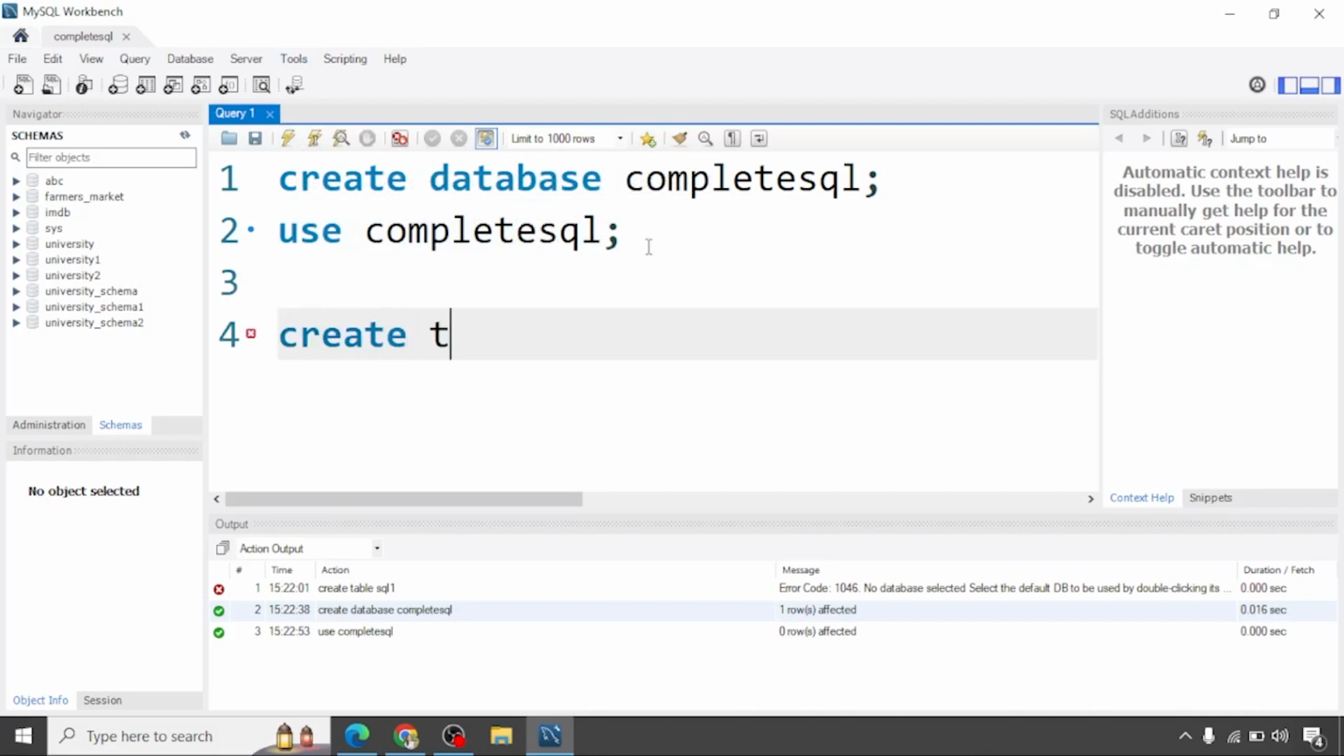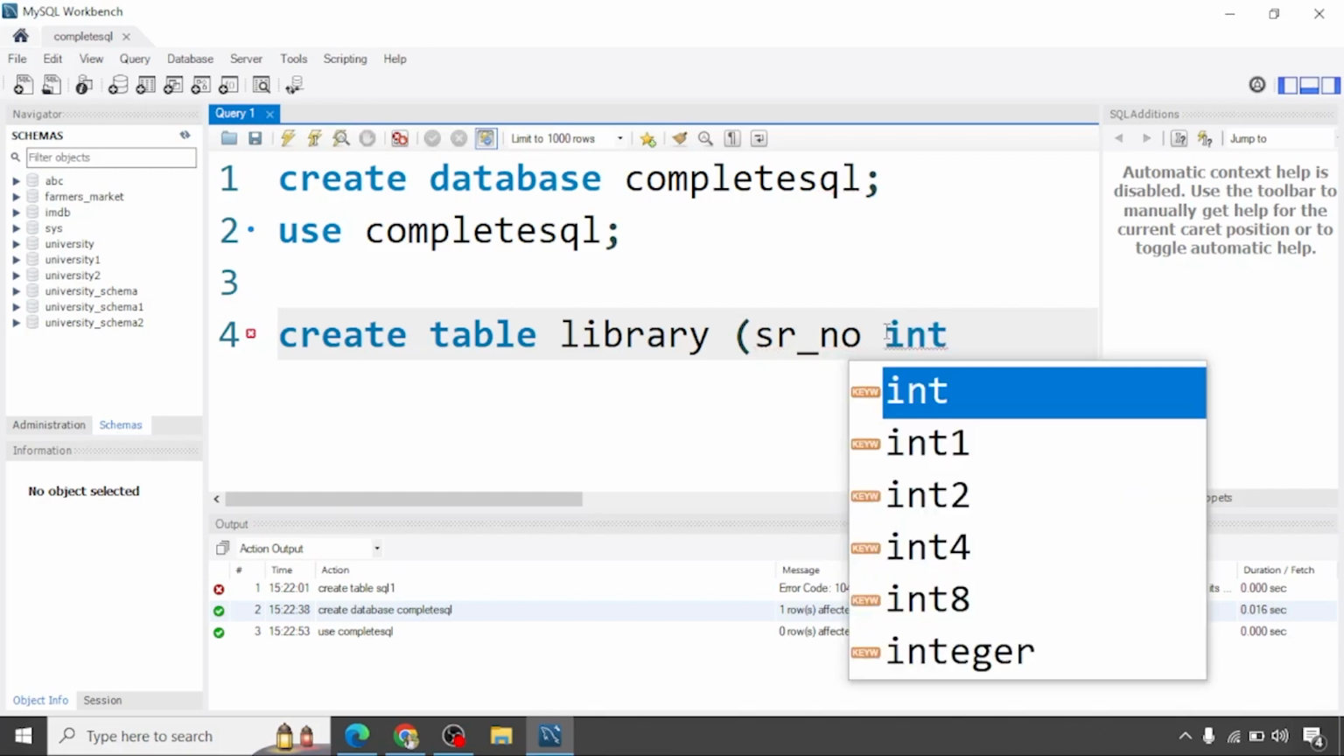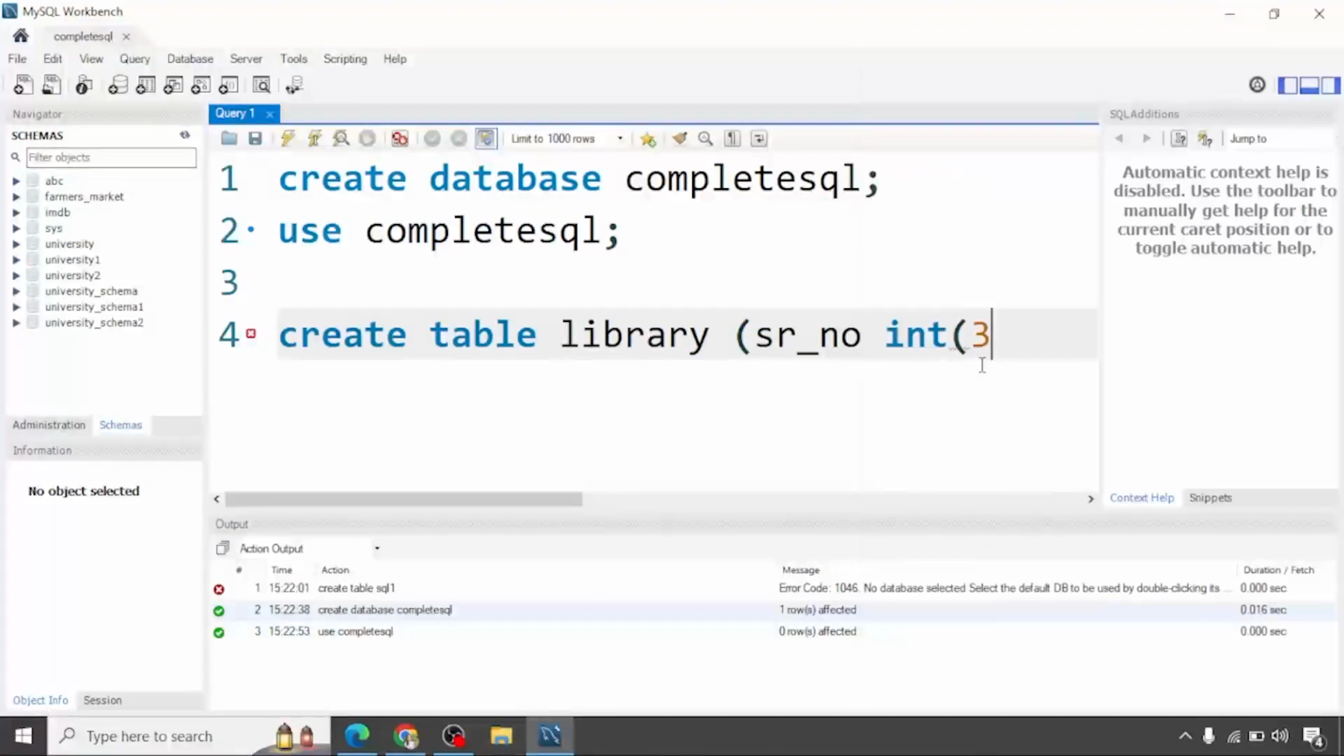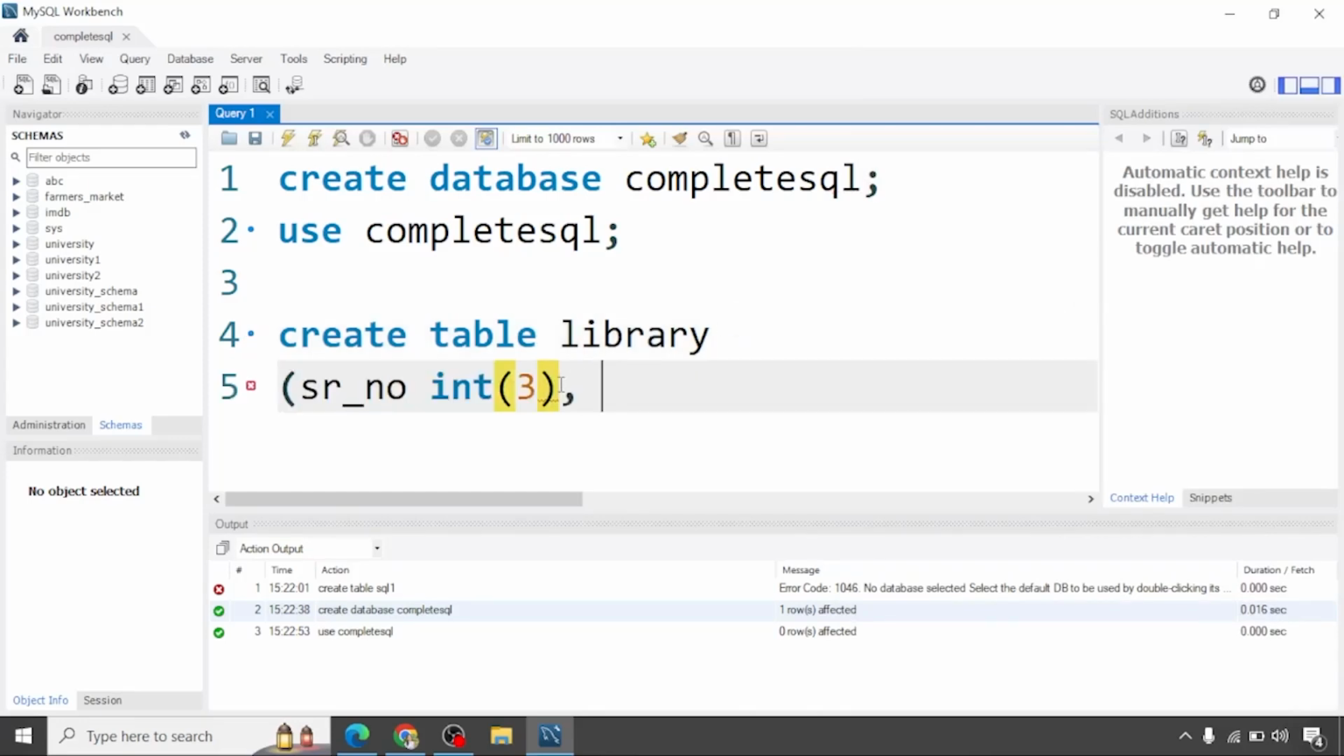So simply write create table, then the name of the table, which is library, open bracket. Now in this you have to give your column names. So the first column name is serial number, or let's put this as underscore, serial number. Now the column type. So here the column type will be int, and let's give the length as 3. Okay, comma. Now another column name. The next column name